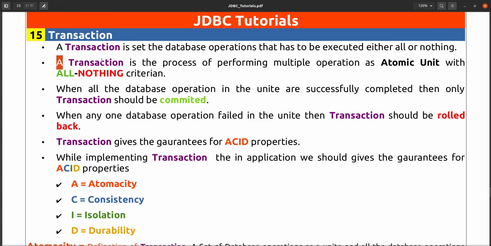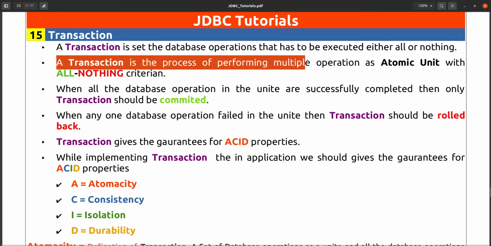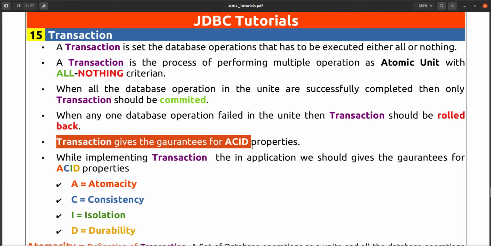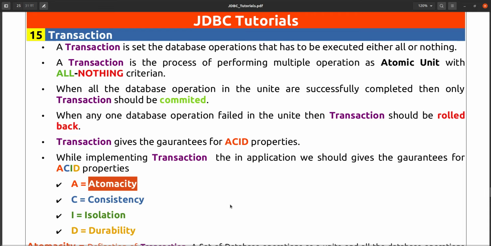A transaction is the process of performing multiple operations as an atomic unit with all-or-nothing criteria, and a transaction should give the guarantee for ACID properties also. So what are the ACID properties? A stands for atomicity.